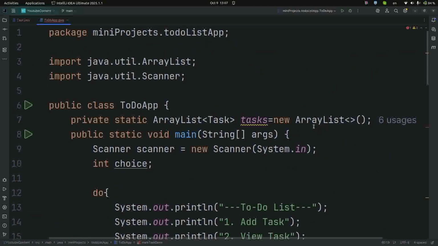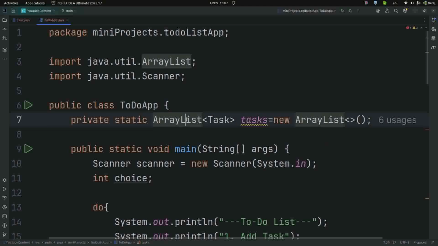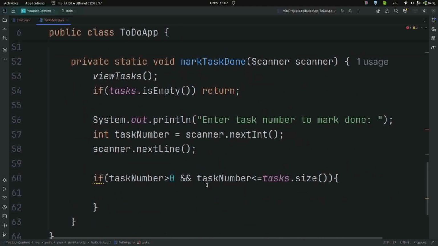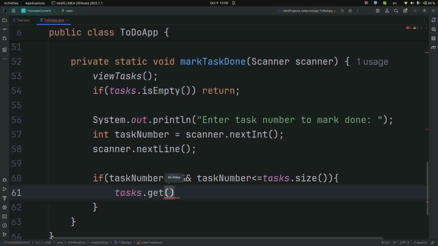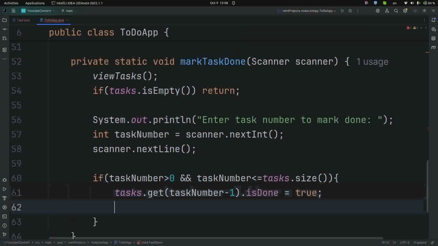So the tasks are kept in memory using an array list. So private static ArrayList tasks, and we initialize it here. And then we come down. In that array list, we have tasks.get(task number - 1), because array lists are 0-based and we started from 1, and that is done, set to true, and then we're going to tell the user that the task is marked done